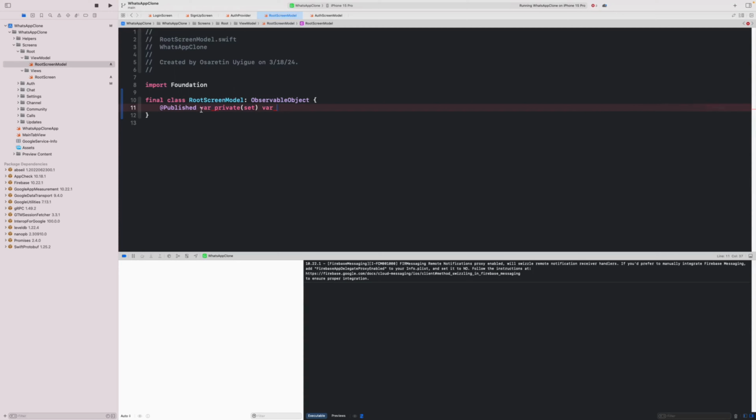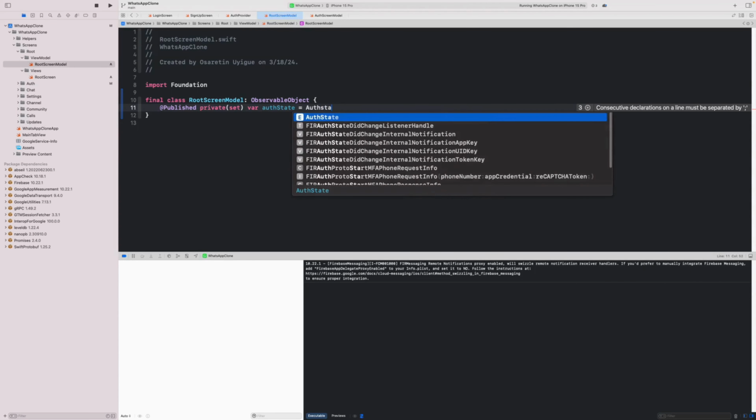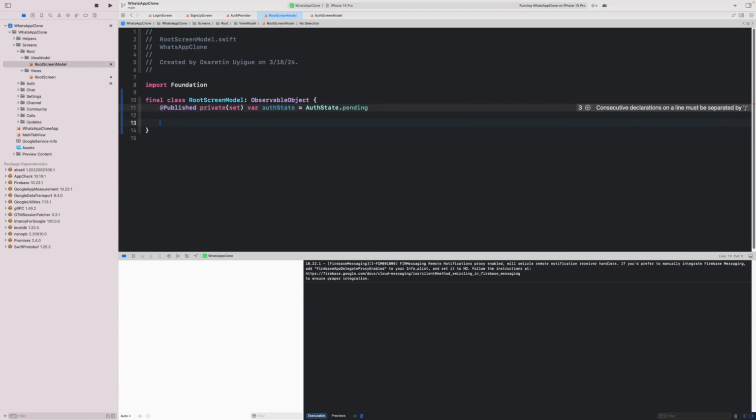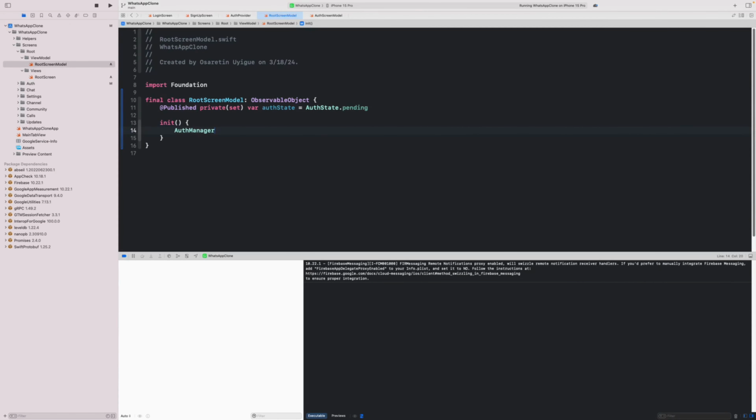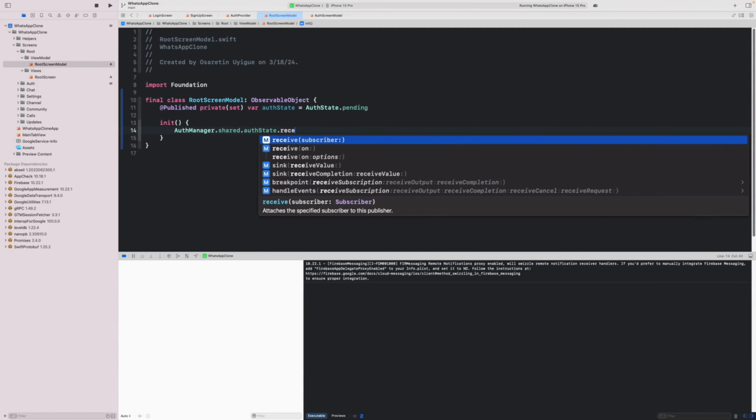And, oh yeah, that's a syntax error. Sorry about that. And we're going to call it auth state, which is the auth state that we have in the auth manager, right? So auth state is pending, right? And then upon initialization, what we're going to do is we're going to listen. So we're going to say authManager.shared.authState, right? And let's receive it on the main thread. So receive on